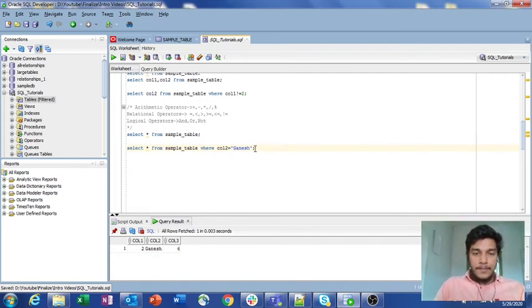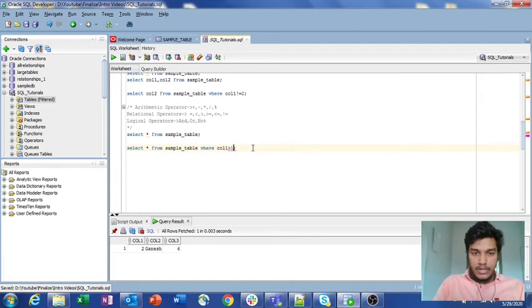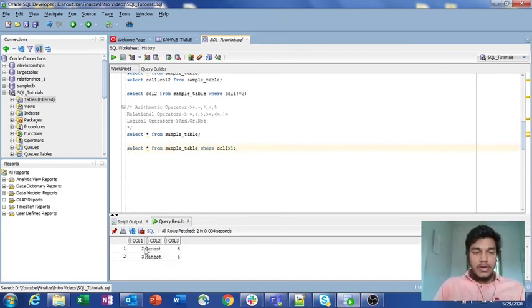Suppose I want column 1 greater than 1, that means it will print all the records that have a column 1 value greater than 1. If I run it, only the column 1 values 2 and 3 are present in the output. So this is how you can make conditions here.